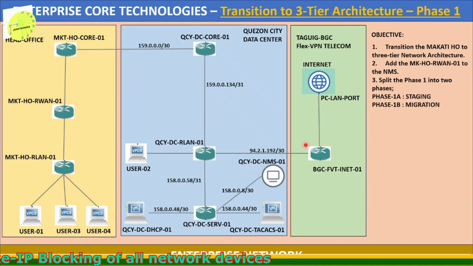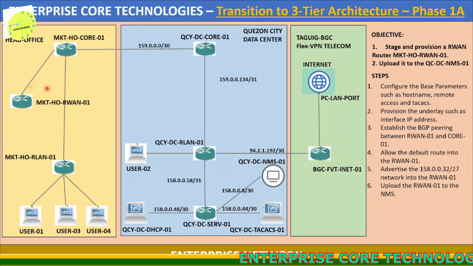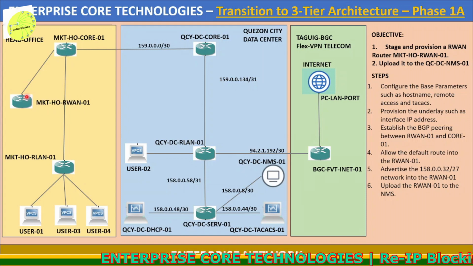Alright, so let's take a look at our phase 1A. Our objective is to stage and provision an R1 and then upload it to the NMS. So our NMS is here. Our steps: let's configure the base parameters, host name, remote access, and TACACS, and provision the underlay. And then we will establish a BGP peering between the core and the R1 and allow a default route into the R1. So we'll be receiving the default route from here, and then advertise the